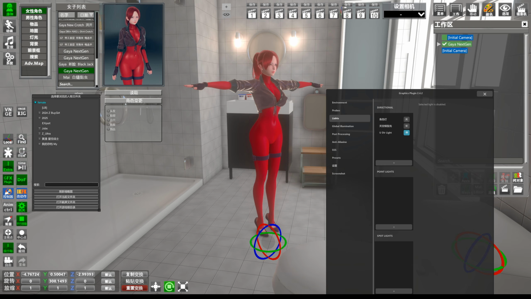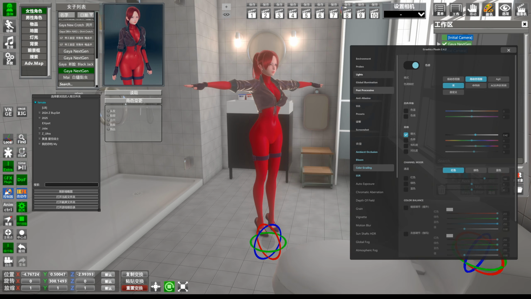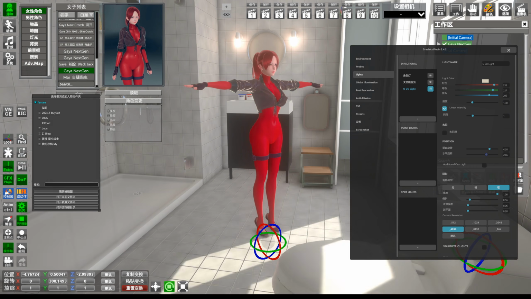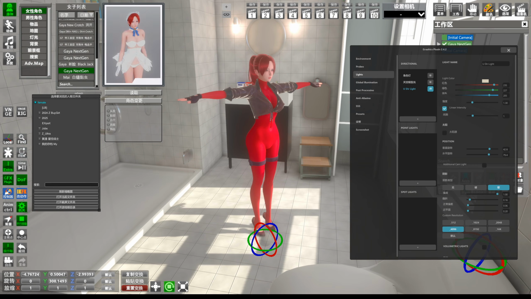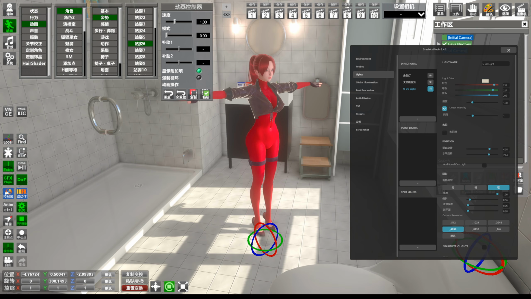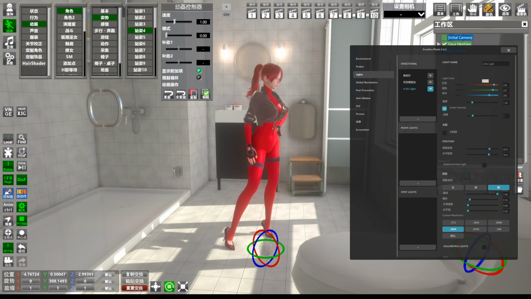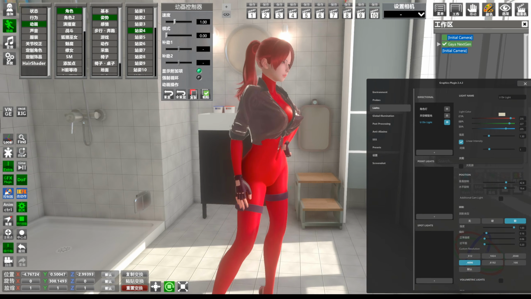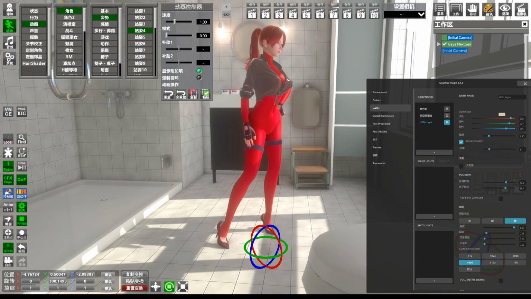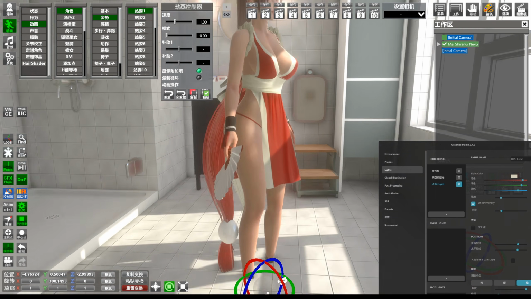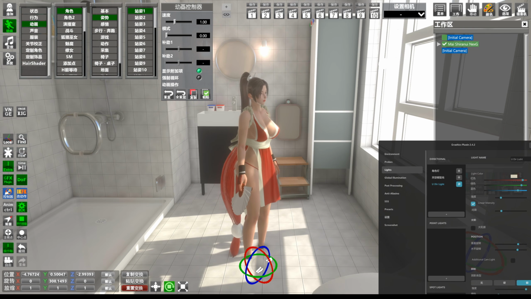Okay, let's continue. Let's go back to the daytime map. I have some words to say. Let me bring up the light, and maybe give it some motion. So in this light map, in this kind of lighting, there's a problem, which is